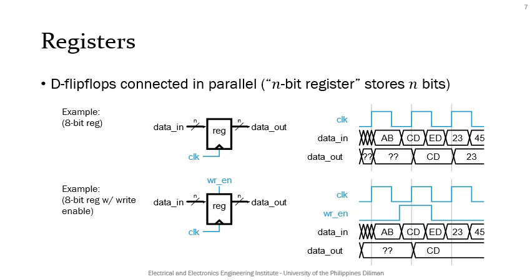In the next example shown, a write-enable signal controls when the register can be written to. In the first rising edge of the clock, the write-enable signal is still deasserted, or 0, and therefore the register retains its unknown value. On the second rising edge of the clock, the write-enable is now asserted, or set to 1, and therefore the register will store whatever is inputted on its D input side, or data in, and therefore the register will be written with the value of CD. On the third rising edge of the clock, the write-enable is deasserted, so the register will not be written to and retains the value of CD.